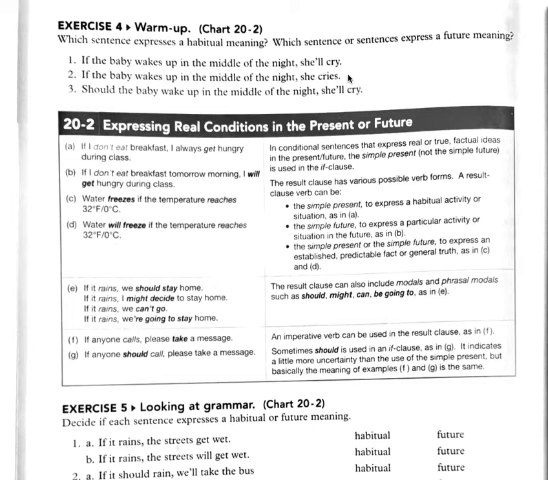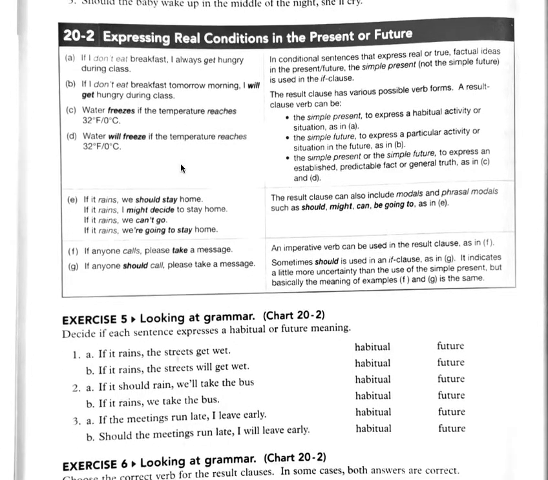Okay? This is habitual. This is what she does every time. Number 3. Should the baby wake up in the middle of the night, she'll cry. Okay, here again, look at the result clause. Will cry, will in the simple form of the verb. This is going to be future. So number 1 and number 3 are future. Number 2 is habitual. So we look at chart 20-2,